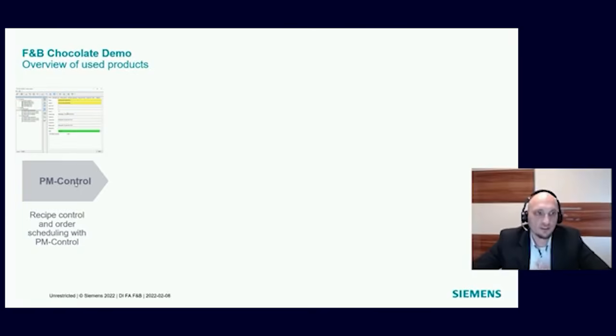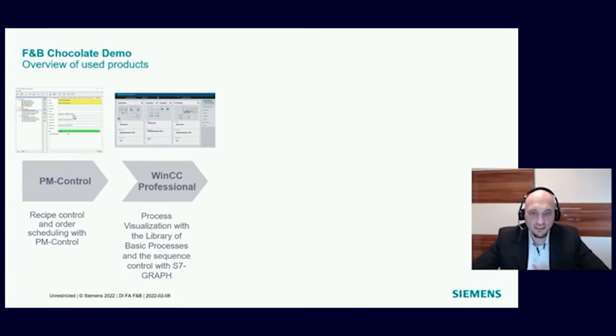First of all, to get the job context and to also have a kind of recipe control and order handling, we use the WinCC add-on PM Control. For the visualization, we use WinCC Professional with the Library of Basic Processes, which is a library of control modules. You can also download it from the online support on our web pages.